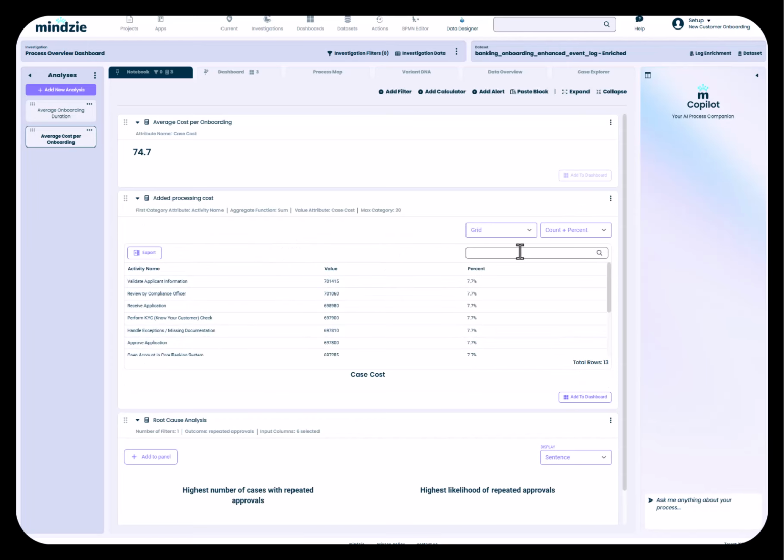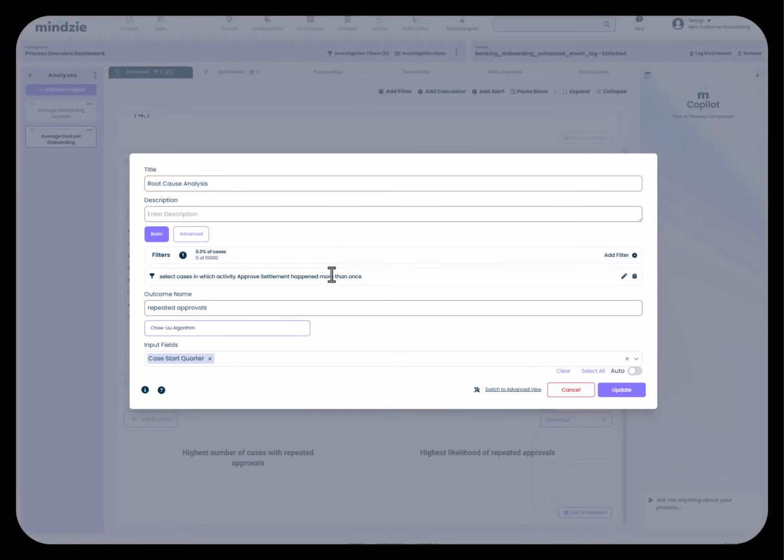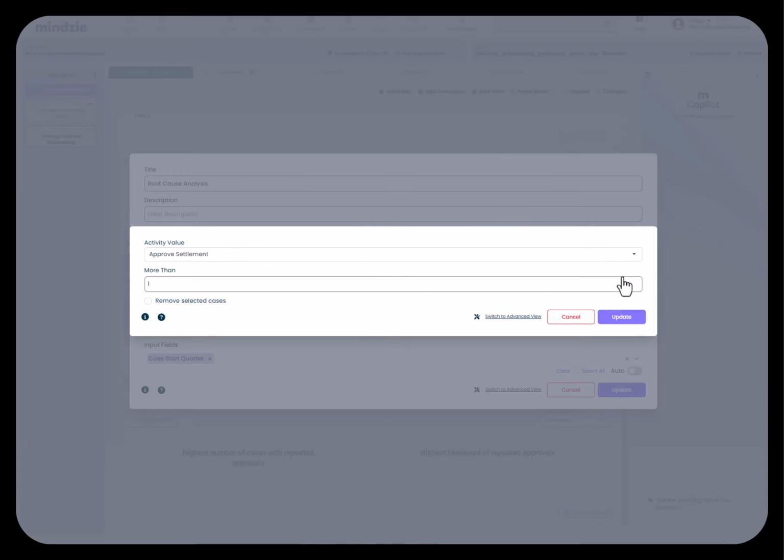So we are going to edit this root cause analysis because we want to make some changes to it. So you can see previously it was looking at root cause for selected cases in which activity settlement happened more than once. That's not relevant to what we're doing, so we're going to make some changes. So I'm going to edit this, and in this case, we don't want to use that one at all, so maybe we're just going to delete this one,